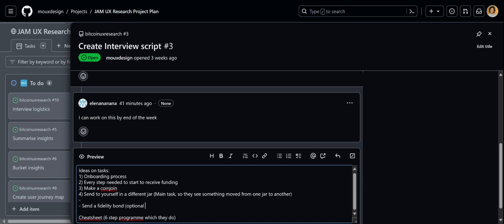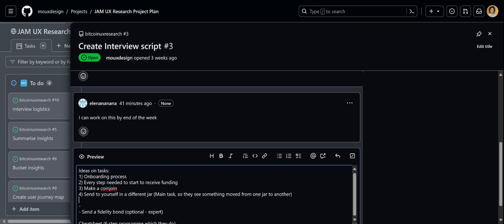Okay. But would it be reasonable to say the task that we set is, hey, onboard yourself, set yourself up to receive some funding, and send to yourself in a different jar? Does that sound reasonable? That's already good. Yeah, that's already reasonable.